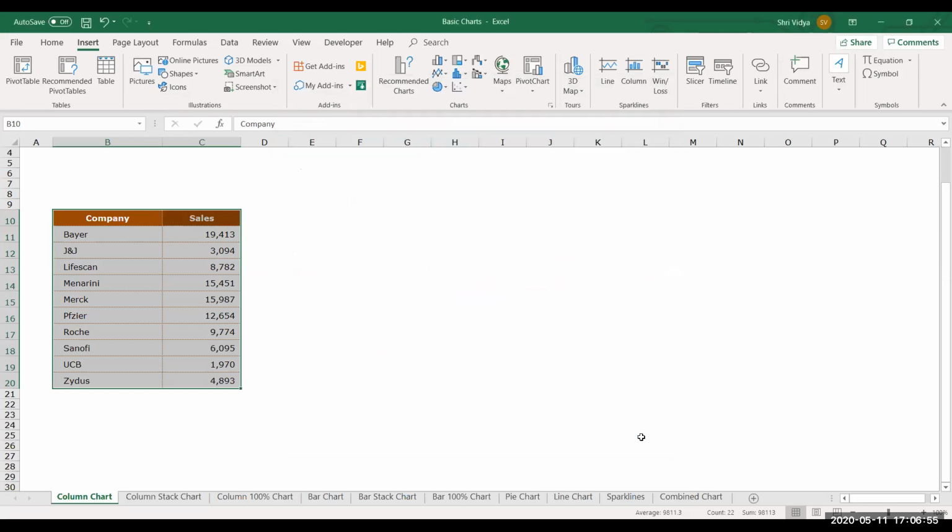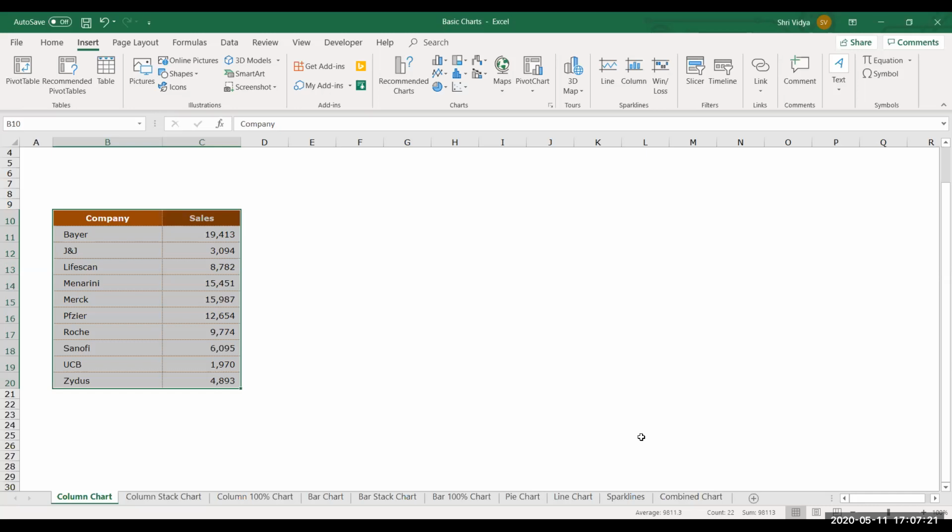I would like to insert a column chart. What makes you choose that? It all depends on what you want to interpret using the data, what message you want to put out using this data. Depending on the chart you choose, the meaning that you give to that data is also going to change. How you are trying to analyze is also going to change here.